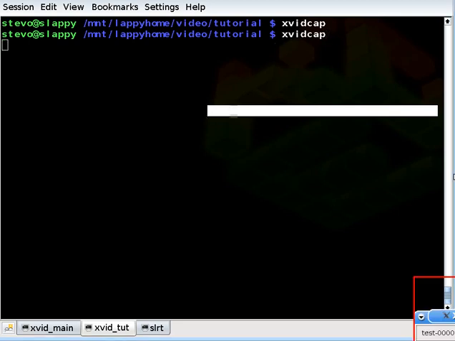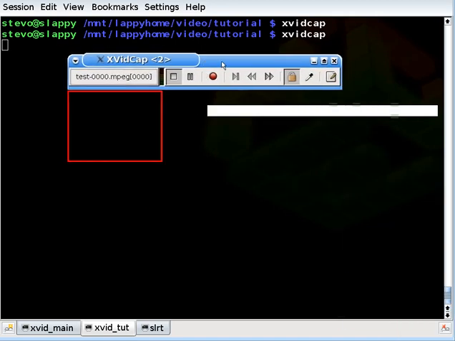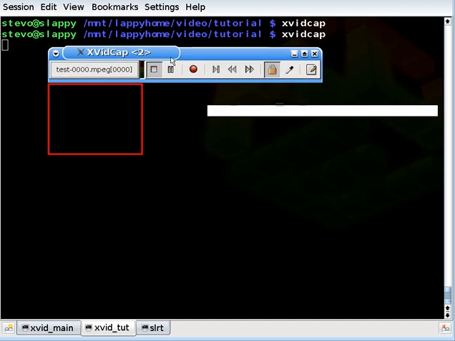You'll come up with a screen much like this, and it starts at the stop recording point, meaning it's not doing anything at the time. You have pause, you have start recording, and then you have the move cursor to the next movie button,